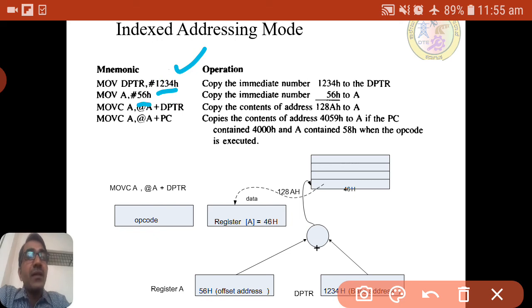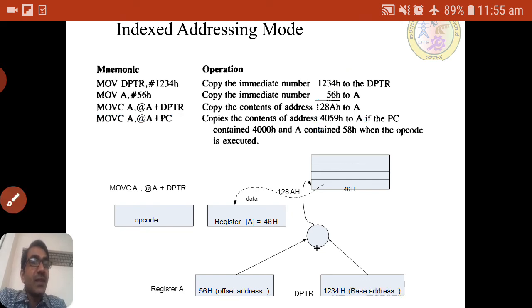Then MOV A, #56: 56 is the offset address, which we put into A. After execution of MOVC A, @A+DPTR, 1234 and 56 will be added, so it becomes 128A. The content of 128A will be moved to the A register.